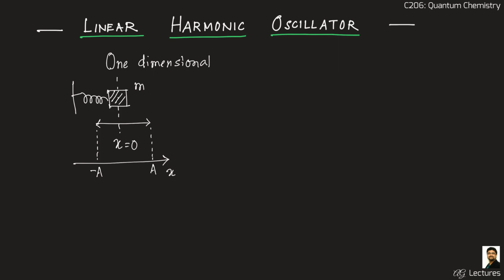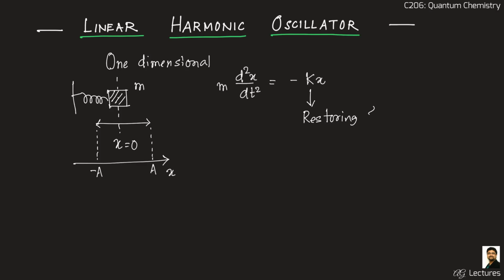So we are considering the fact that this mass is acted upon only by the force exerted by the spring, and the equation of motion classically we can write down like m d2x/dt2 is equal to the force, which is minus kx. This force is known as a restoring force,